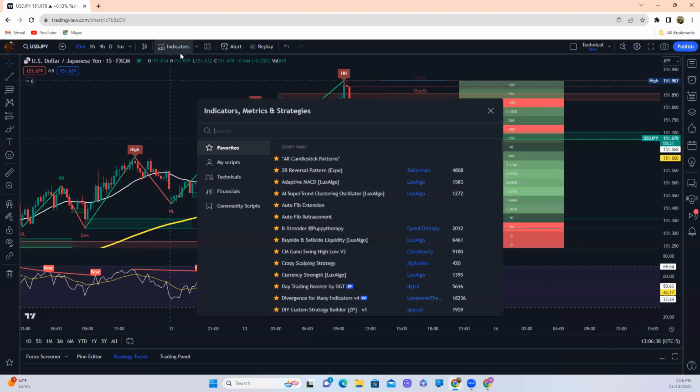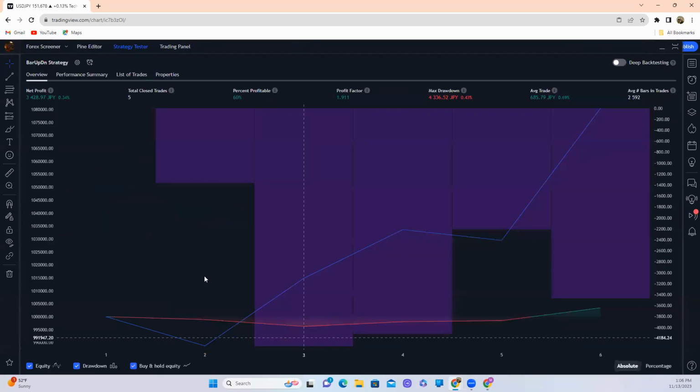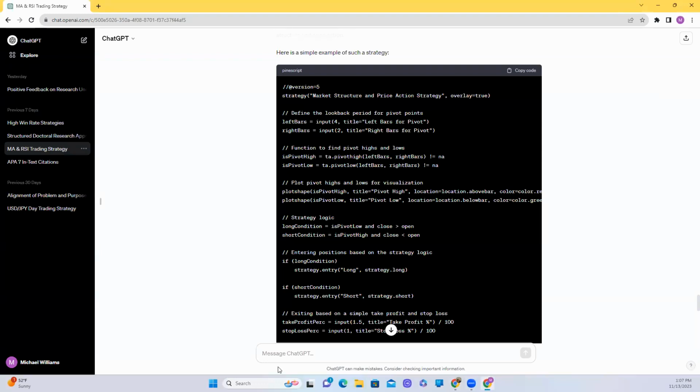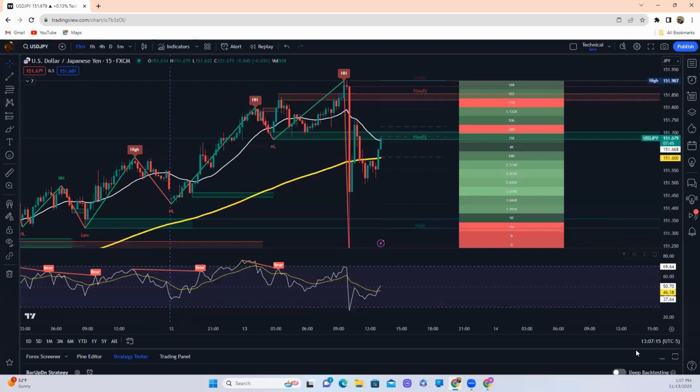You can go into your indicators as well, and look up different strategies, and you can drop those. You can add them, and you can test them. Automatically goes to the tester, and here's the testing results. So this particular strategy that I just chose, 60% profitable. Just so you can see. And it puts out the stats. But anyway, like I said, if you want to create your own strategy, you could do it through ChatGPT, have it create your stuff. Then when you get to Tradingview,